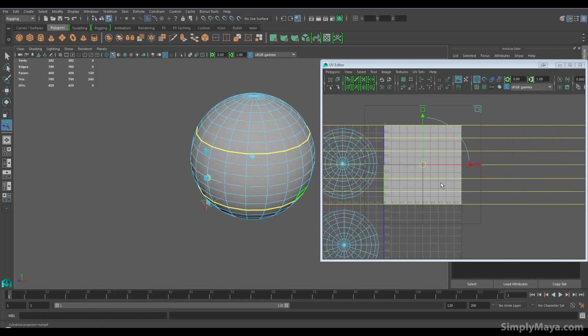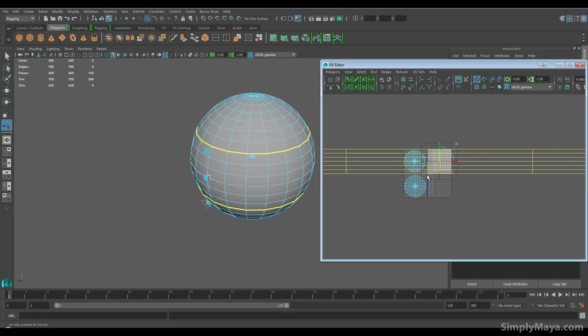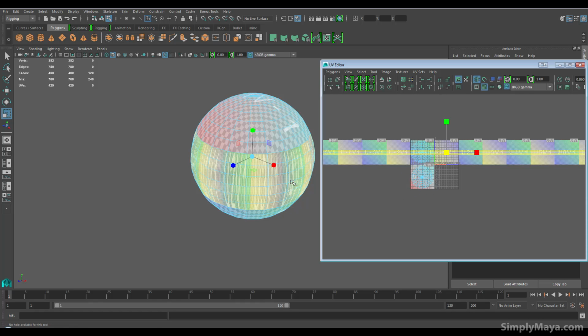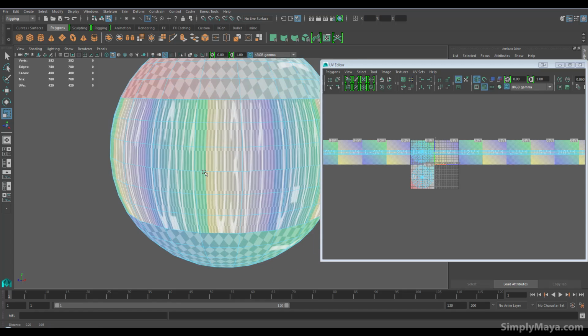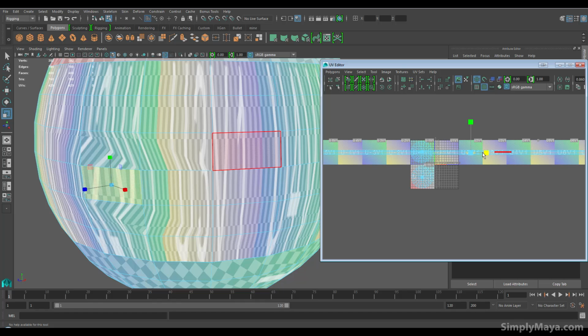There we go, just scale them all the way in, and now I have a cylindrical map for my UV, which is probably a bit too big. So I'm going to uniformly scale that down, and we'll go back to our little squares and we'll see what we've got now. Now obviously this UV stretched all the way across here is not going to work,